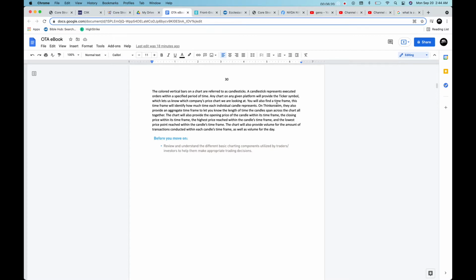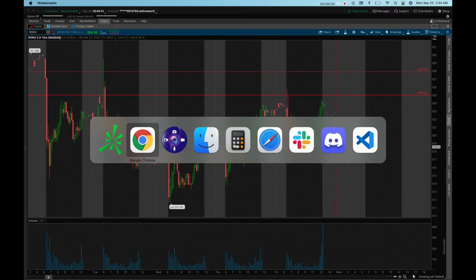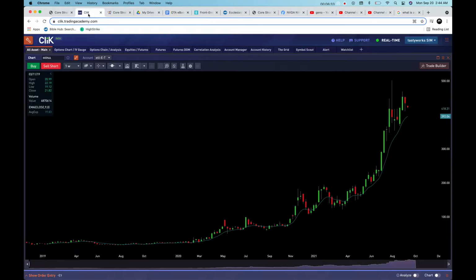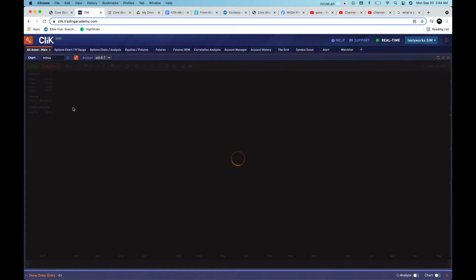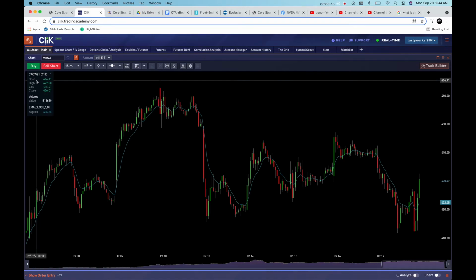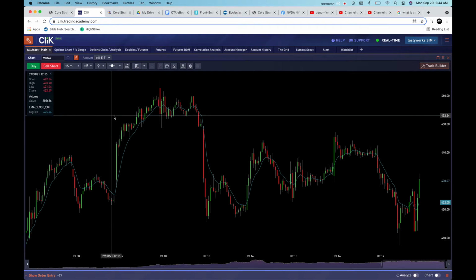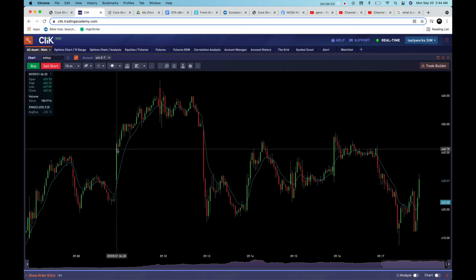Let's see what else. We talked about time frames. We talked about how time frames represent each candle. Now let's talk about open, closing, high, and low price. So let's say we have mRNA here. Let's change the time frame. There we go. Now see this box here, it has an open, a high, a low, and a close. Okay, so if we place our cursor here on this candle and we look at that box, we see that